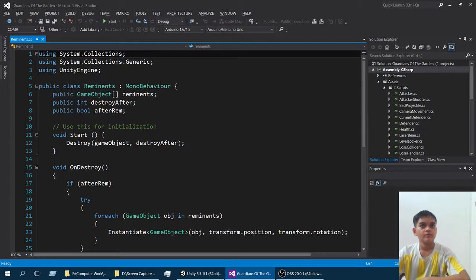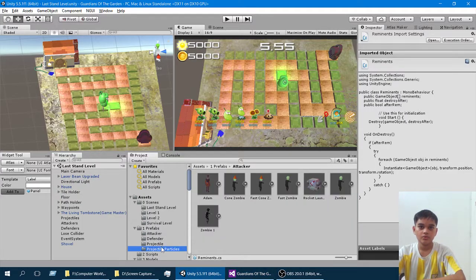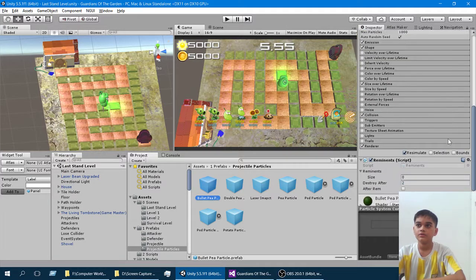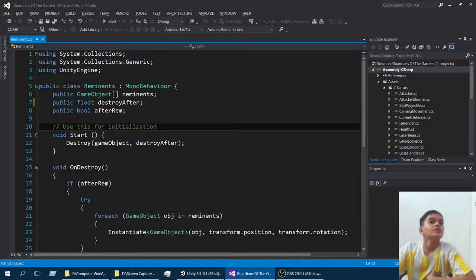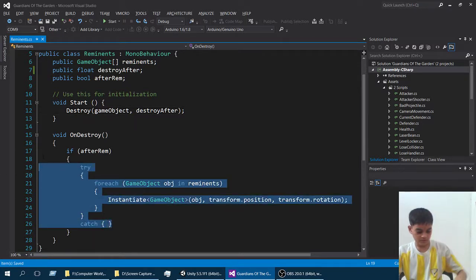Remnant. Public game object remnants, destroy after should be a float, but we won't worry about that right now because I have some stuff and I think it will get messed up. Just checking. Okay. So let's see. Yeah, that still stays. So after remnant means that